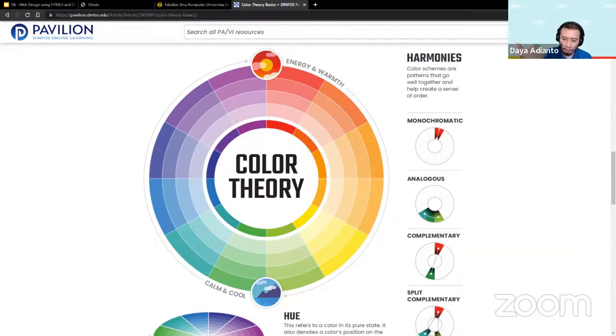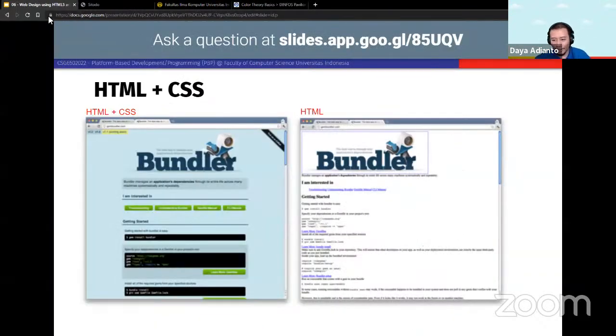and maybe it can be used to make the user feel more comfortable, feel more cozy when viewing your content. But yeah, that's the theory of color. We don't really discuss it in this course. If I remember correctly,